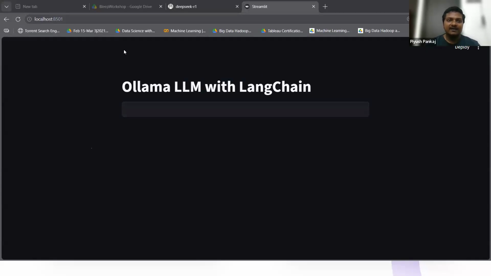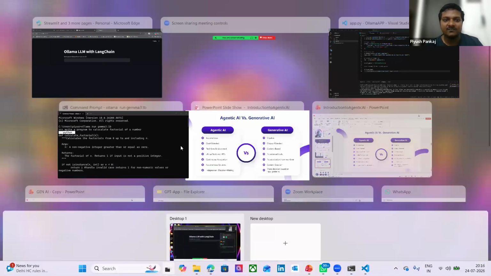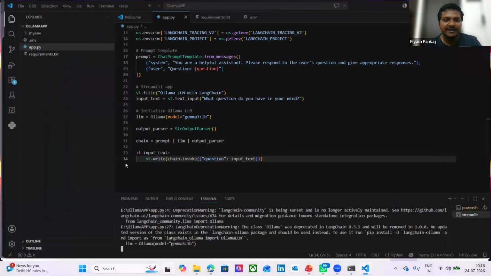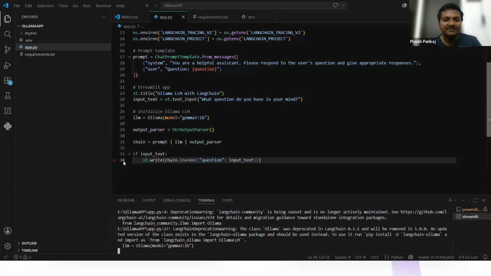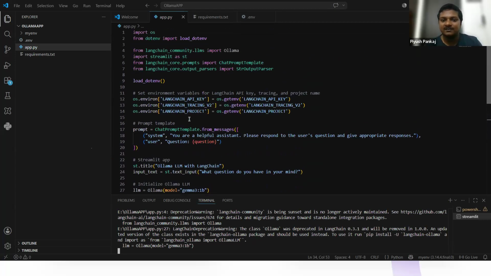Now you can see what happened. One application got opened here on localhost. How many lines of code have we given, guys? Very less. Including spaces, we have 34 lines. That's it, and we have created one GenAI application.